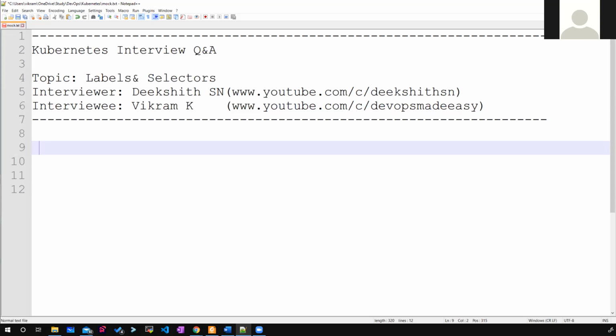So we can label pods, services, deployments, and even nodes. The labels concept is very important inside the Kubernetes platform, because using labels we can do manual scheduling. We can put some pods under a service for load balancing. So there are plenty of use cases. That is where labels come into the picture.